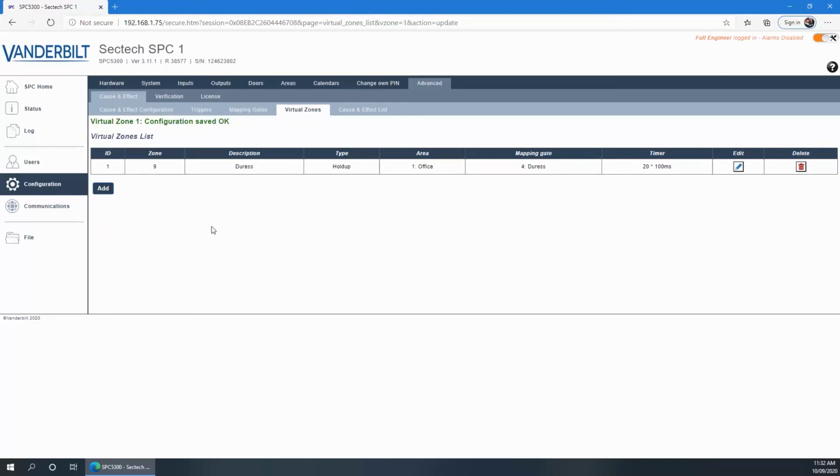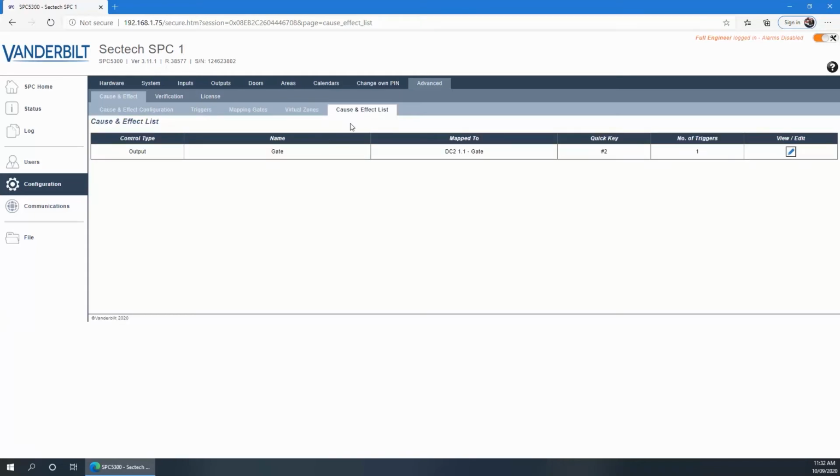So now, with the system disarmed, the storeroom door is open and the safe door is open for more than 5 seconds, Zone 9 will trigger a silent duress to our control room. So you can see virtual zones is a nice little option to have on the system. Once we've created our triggers and mapping gates, we can see